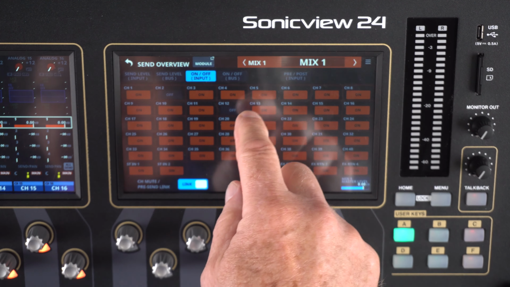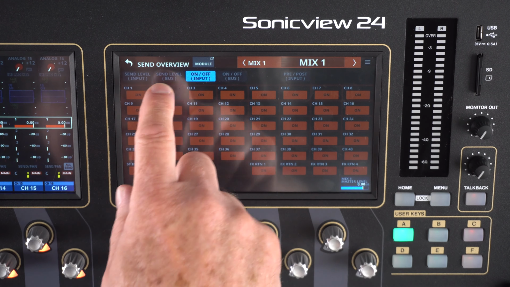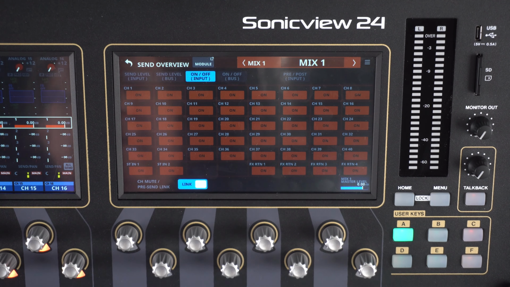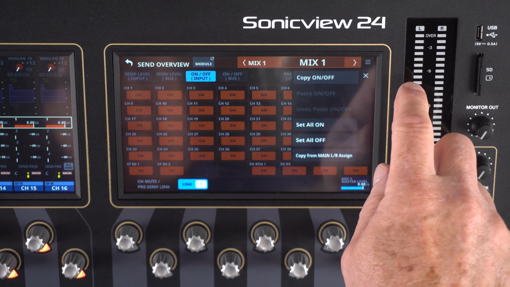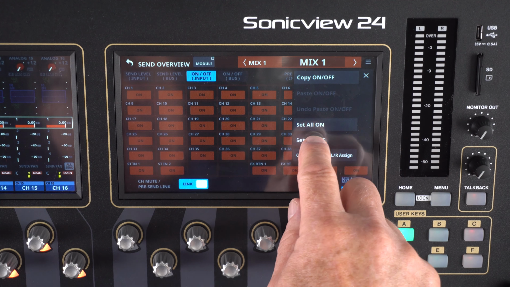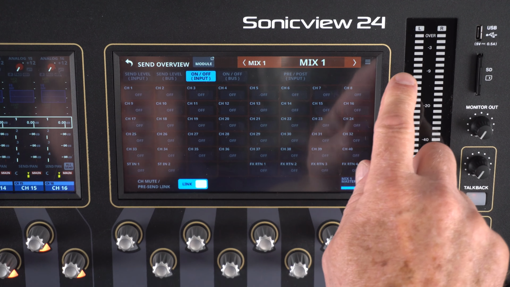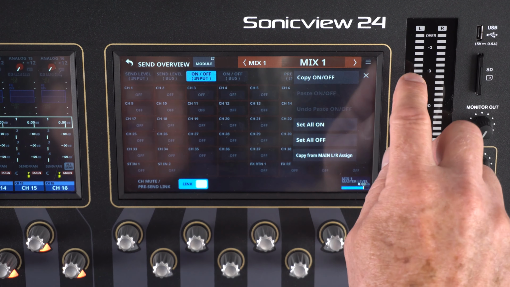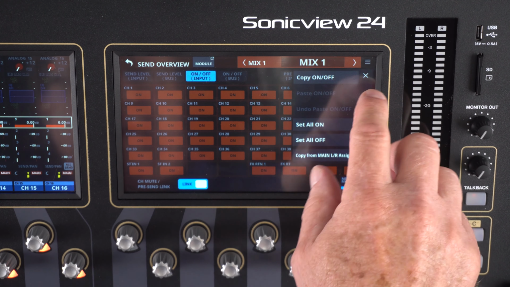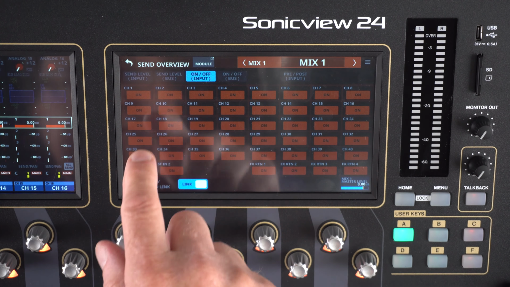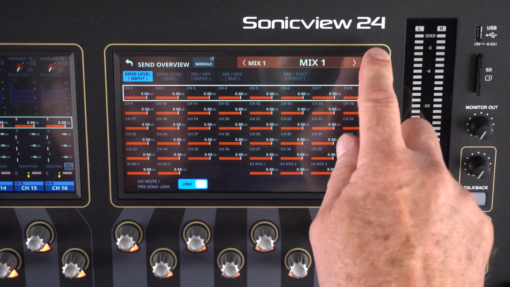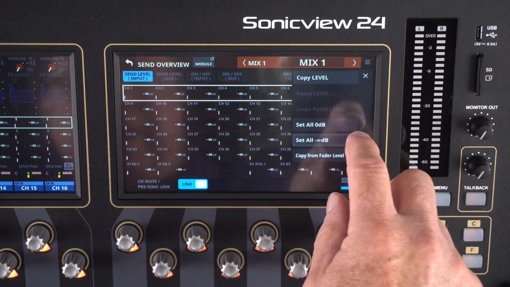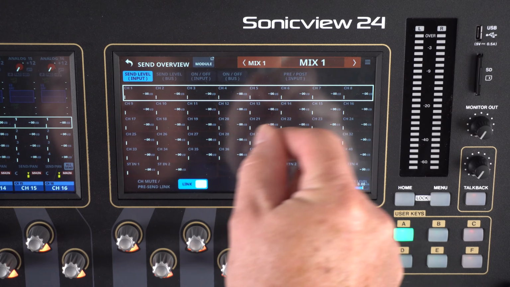And all of this now is being programmed and going to be memorized, and I could save that as a preset to mix 1. Okay, if we wanted to undo all of that to set them all off, just do that. And now we're back to everything is off. Let's turn it back on. Everything's back on. Escape out of here. Back to the input send levels. Again, on the input send levels, I can set them all to no input, which I just did in one go.